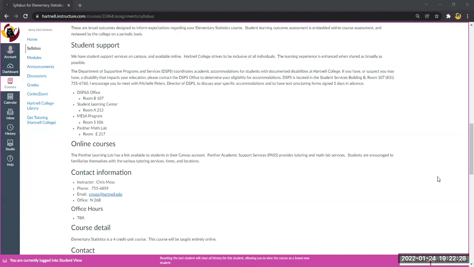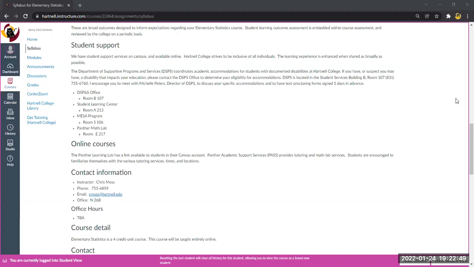In addition to that, we have the Student Learning Center and the Panther Math Lab, which lives within the Student Learning Center, as well as the MESA program. The MESA program, that's math, engineering, science achievement, and it's open to eligible students.